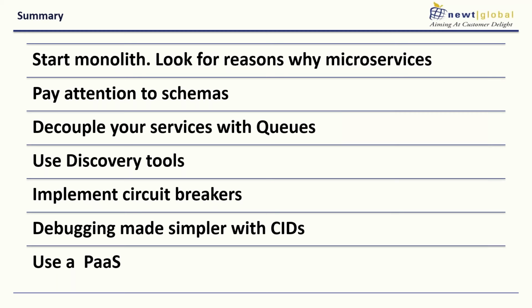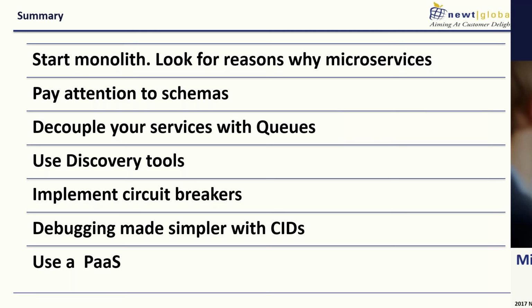We need to use discovery products like Eureka or Consul, and software-based discovery products are generally preferred. We need to implement circuit breakers, and that's important because, the way I see microservices, because of the number of RESTful interfaces, there are a lot of REST calls happening. There will be some services which receive calls from every other microservice, and because they are independently deployable, developers tend to treat them as different applications. So you may be surprised that one application gets called by at least 30 to 40 microservices.